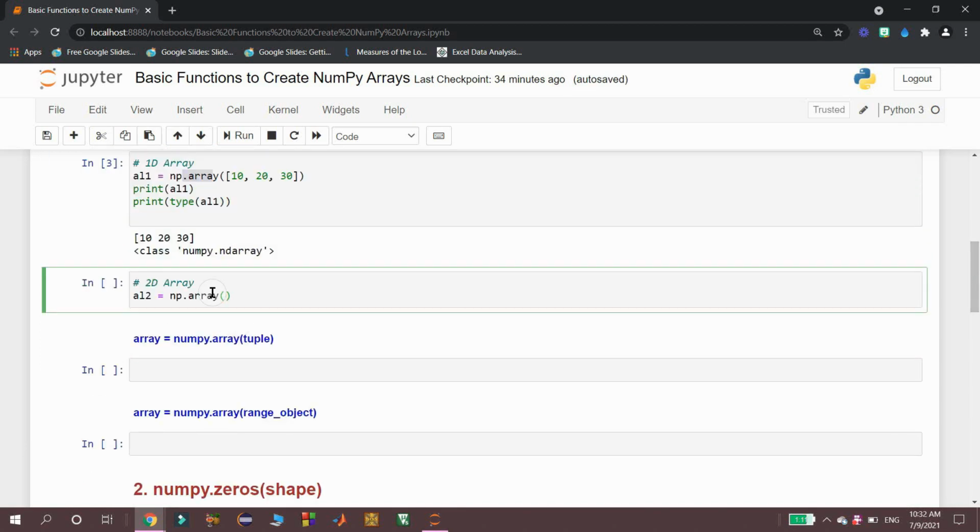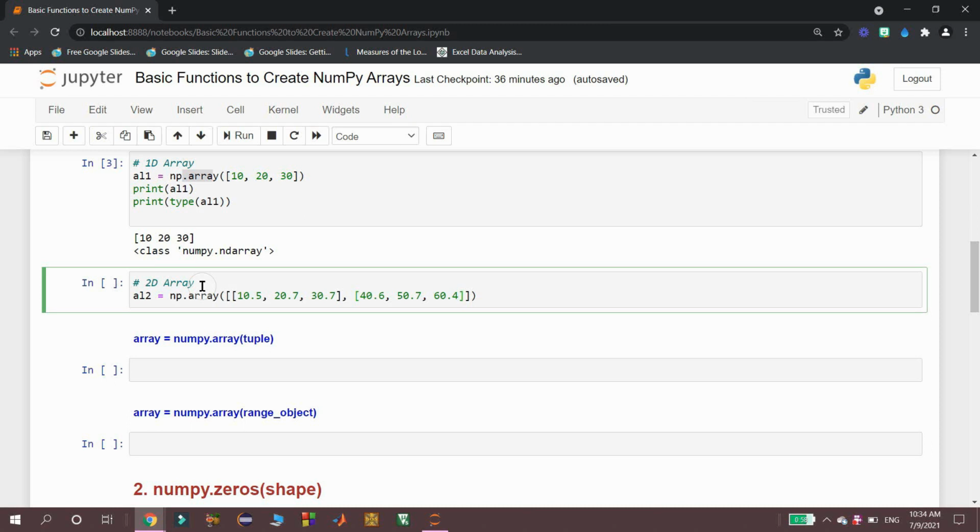To create a two-dimensional NumPy array, we have to supply a list of lists as input, where each sublist is a row. My first row has 10.5, 20.7, 30.7. And then the second sublist, 40.6, 50.7 and 60.4, represents the second row.